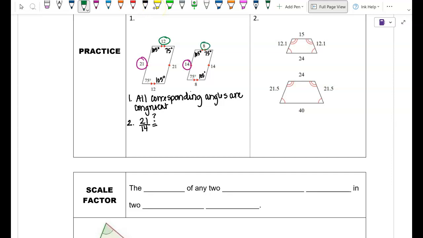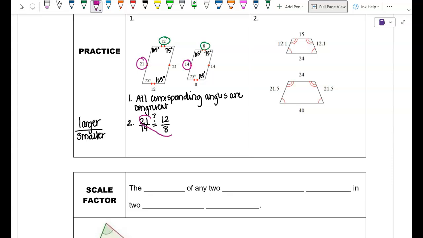The 8. Now, important, we talked about setting up proportions before, and this is important here as well: order matters. The first ratio, I went larger figure over smaller figure, which means my second ratio has to be set up in that same order. So I would have to set up 12 over 8. So I want to know, do those two ratios equal each other? How can I determine if they equal each other? Just like we've been solving other proportions,